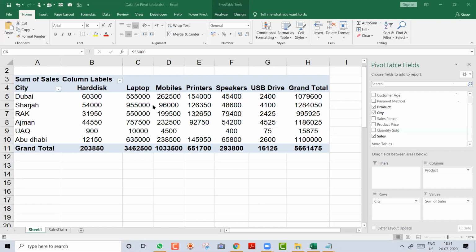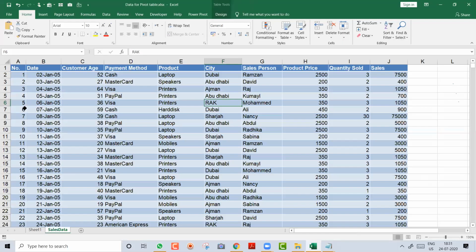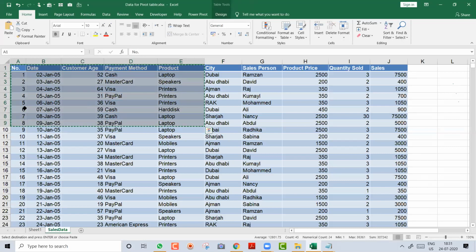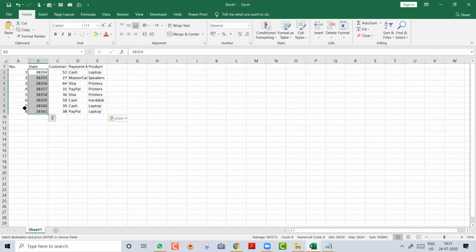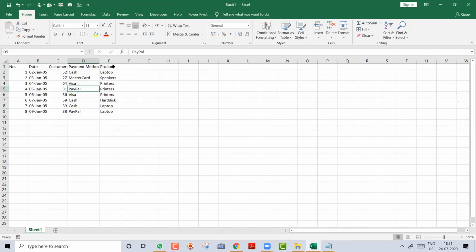Continue. What is the difference in working as range and a table? Amazing. Very, very good question you have asked, my friend. This comes at a little advanced level, but you have asked. So I will give you the reply because this is a detailed session. But before giving a reply, I will copy a data and show you in a small data so you will understand quickly. So I am creating a new file and I have just pasted the data. This is just for you to see. Okay. I will show you.